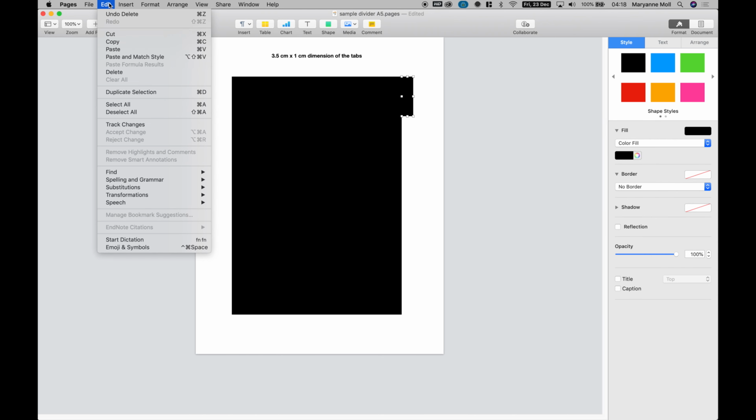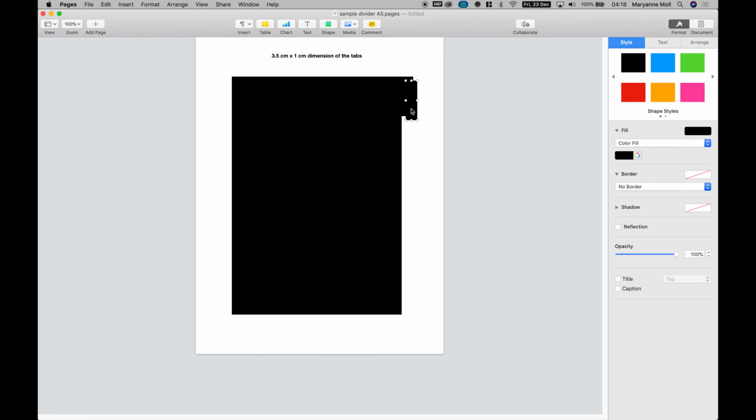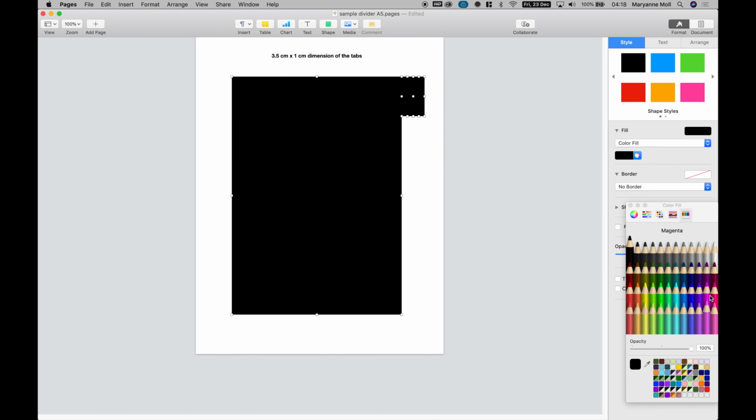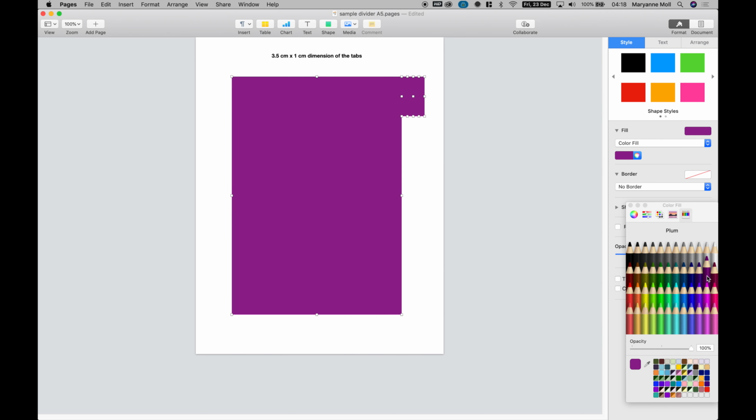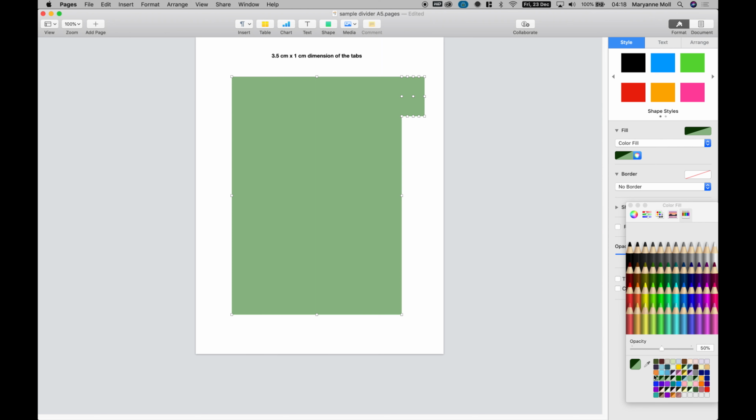Now we have to duplicate this little tab because if you can remember from my previous video, I did the tabs folded over. So there are actually two small rectangles in here. And then I just snapped the second tab right beside the first one. And now let's change the color of this because black looks so harsh and heavy. Just follow where my cursor is going, and then you can choose from the different coloring options here. This one that looks like a box of crayons are colors that are already preset, but you can experiment with